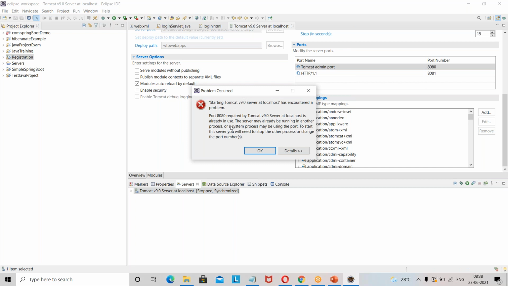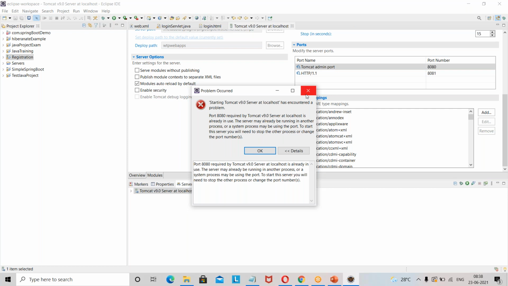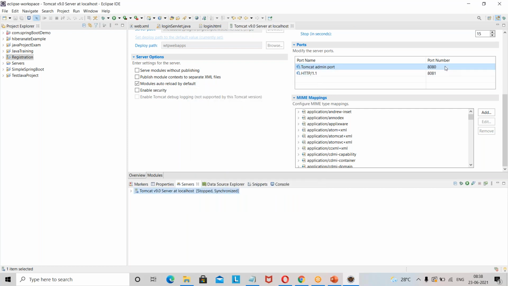It's saying why it's already in use. Okay, sorry. Can you just check that and let me know? Can you make that 8082 instead of 8080? This one. Yeah.